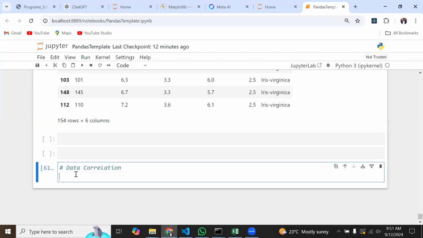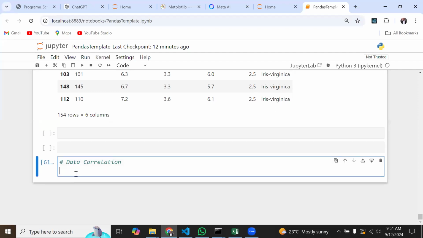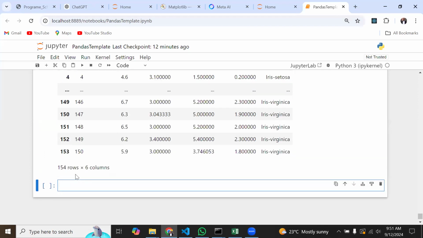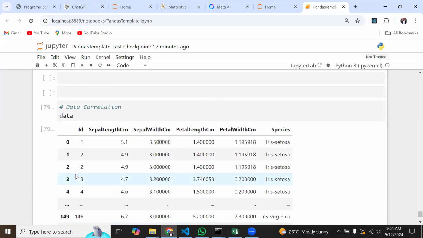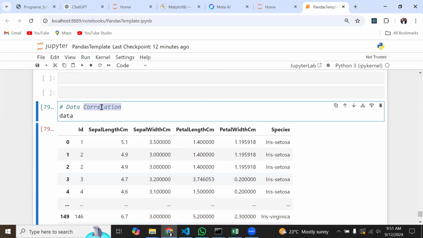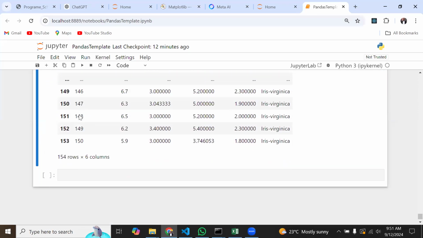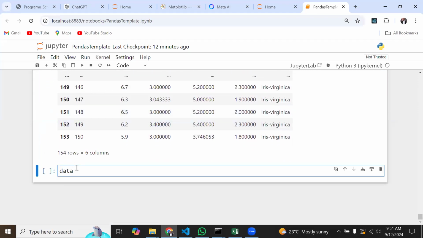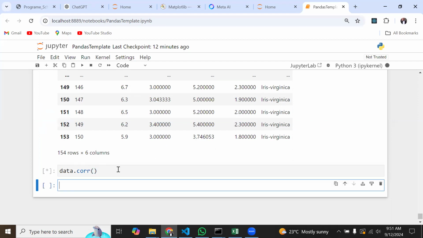Okay, so now let's look at the last one, then we'll quickly jump into what we are supposed to cover today. So yes, we still have our original data set, and then we want to get some analysis where we are going to look at correlation. So correlation is very important for most of the things that we'll be doing. So in order to do this, I can simply do data dot corr, C-O-R-R, this way. So when I do this and run this,